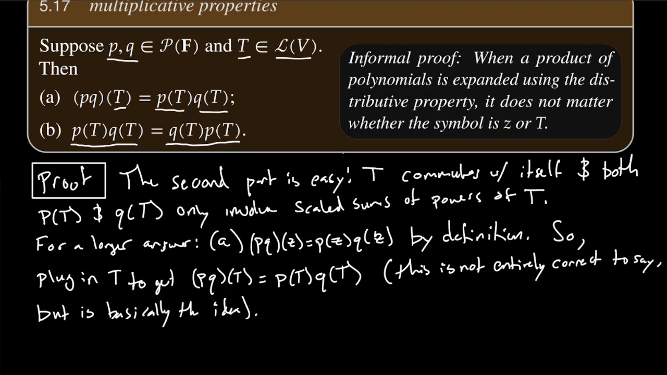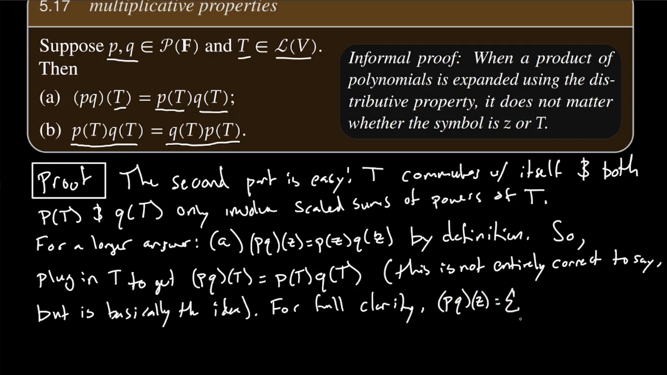So to do it in an entirely correct way, what we should do is we should take PQ of Z, and we should actually write down what that is in terms of a sum of powers of Z multiplied by scalars. This is kind of a nightmare. Okay. For full clarity, I'll write that. PQ of Z